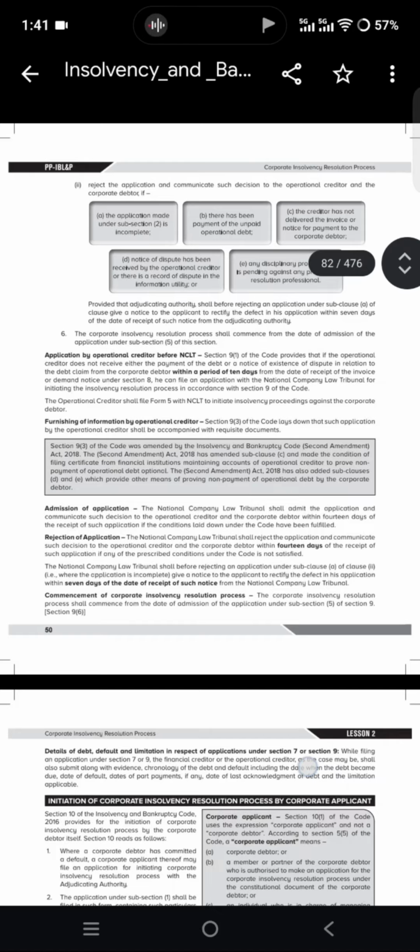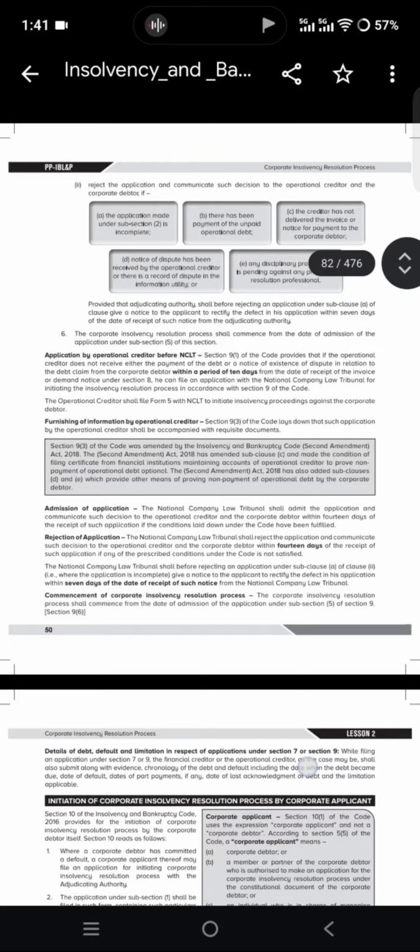If in financial creditor's Section 7 the application is accepted, both will be informed. If rejected, only the financial creditor will be informed. But in the operational creditor's case, in either case, both of them will be informed. Reject the application and communicate such decision to the operational creditor and the corporate debtor if the application made under Section 9